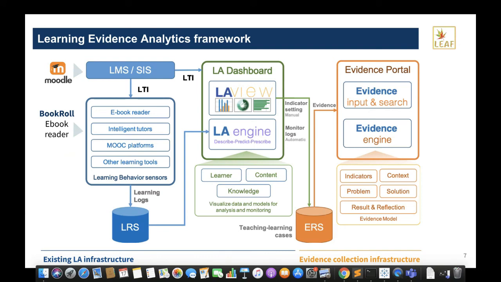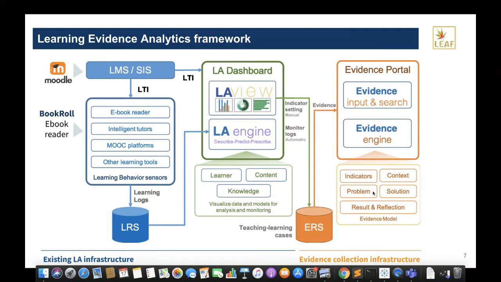There is still some discussion in the literature about the concept of precision medicine, where we are trying to see what kind of medicine works in a certain disease scenario. However, I do not conceive that education is a similar kind of scenario. We do not want to transfer the notion that a patient and a learner are similar. However, the objective of recording what was the context, what were the indicators that were measured